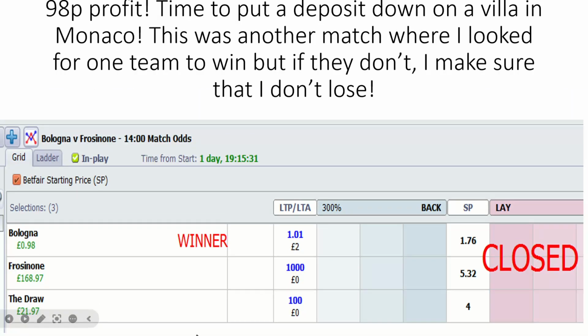98p profit. Yeah, I'll get on the private jet, head off to Monaco and look at villas and super yachts. My head's spinning. What am I going to do with this 98p? But it doesn't tell the whole story. This was another match where I looked for one team to win, Frosinone on this occasion. But if they didn't win, I didn't want to make a loss. I could have made 21 quid on the draw and an effective break-even